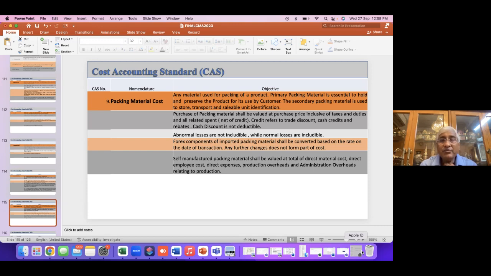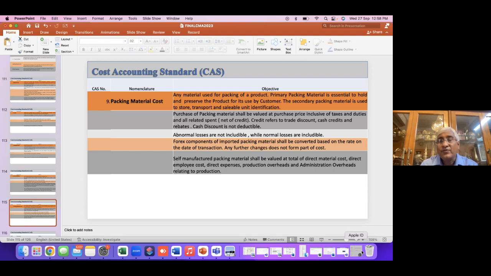So 9 is the packing material cost. Any material used for packing of a product is a packing cost. Now packing is of two types, primary and secondary. If we think of a soap, say Hindustan Lever Lux, you will get Lux with a thin paper packing when you buy it. That is called primary packing. But when this Lux, 144 pieces, is put in a cardboard box for transportation to different dealerships, that is the secondary